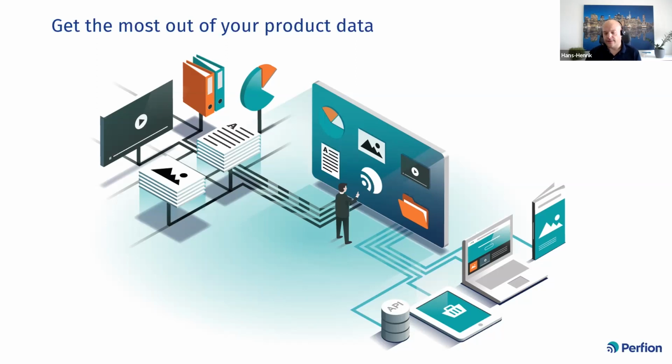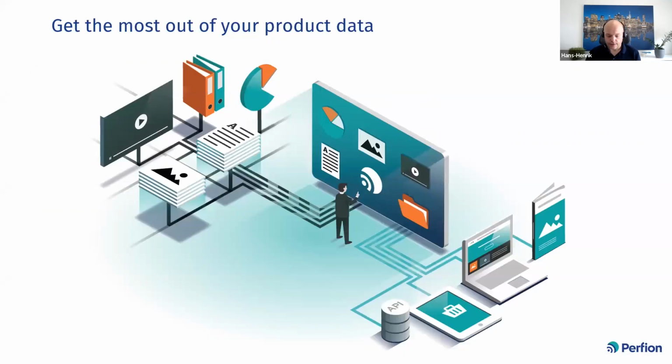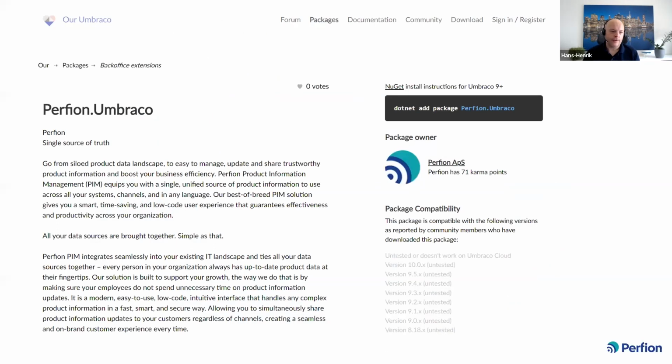And since we are a standard system, you load the connector into Umbraco, and then you put in the connection information to the Perfion API, and then from inside Umbraco, you have access to all this product information and can use it on your page templates. But to move on here, we have created this extension that is now available in Umbraco to connect Perfion to Umbraco and use it.